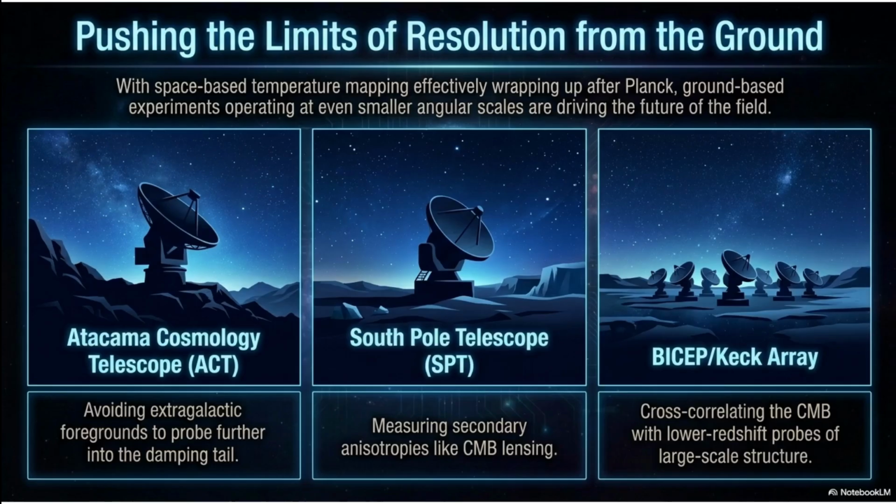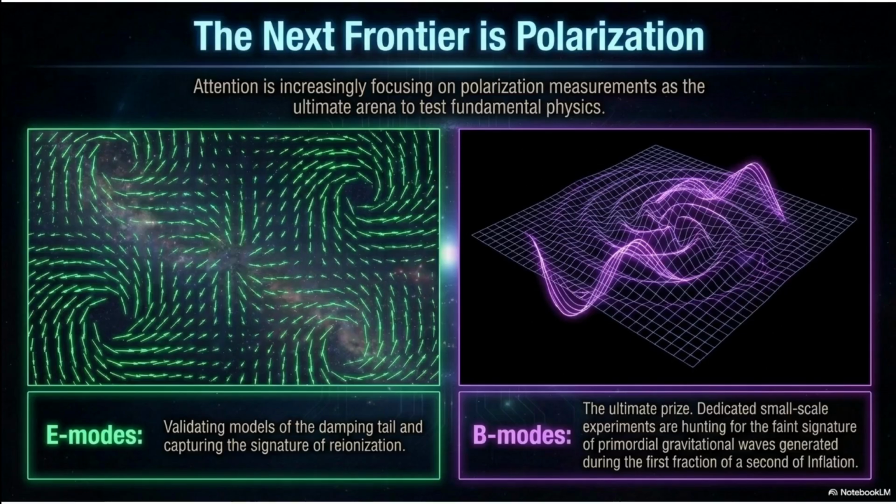cosmic microwave background, and therefore, although we think from WMAP and Planck that the universe is extraordinarily flat, is it perfectly flat? Is there a slight amount of curvature? And really, the most important thing today that people are looking for is related to E modes and B modes. The E modes have to do with so-called reionization and better constraining galaxy formation physics, whereas B modes have to do with the very early epoch of inflation, which we'll talk more about next time, and therefore are able to test this extension, or at this point, fairly standard extension to the Big Bang Theory.